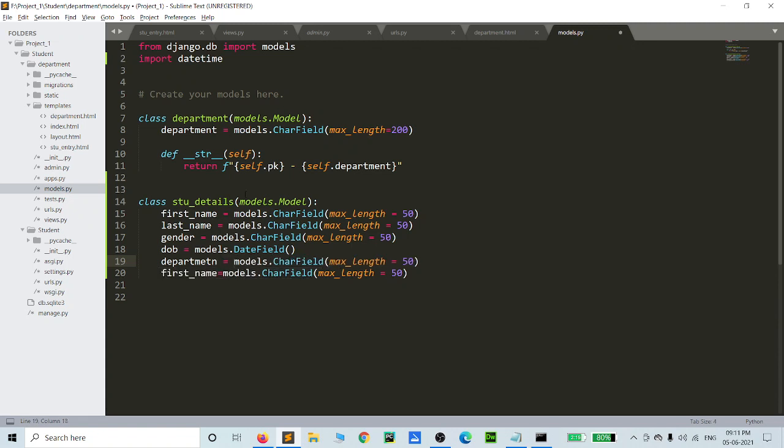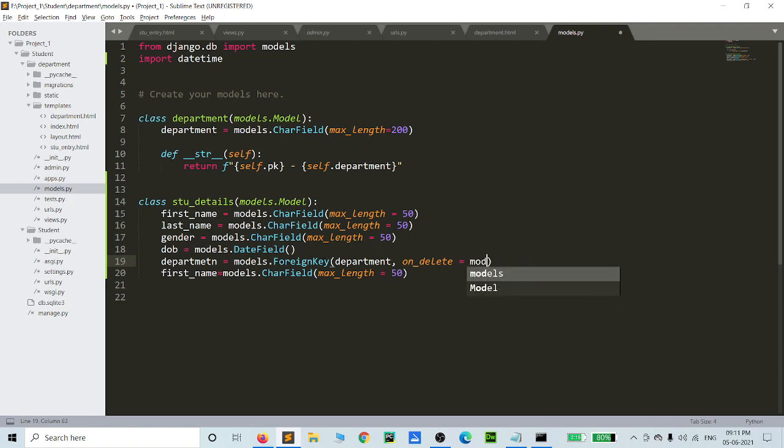Then department. This department section we already created, so now we want to import this file. Here we can use a many-to-many relationship or a one-to-one relationship. Here I call the one-to-one relationship, as here, ForeignKey. Then what is the parameter, which department, and then you add the on_delete function. on_delete is models.CASCADE.